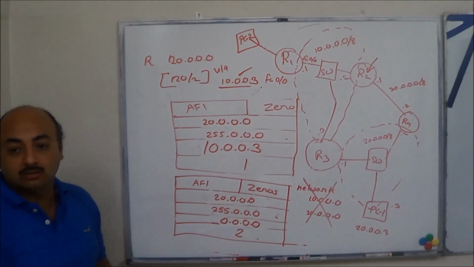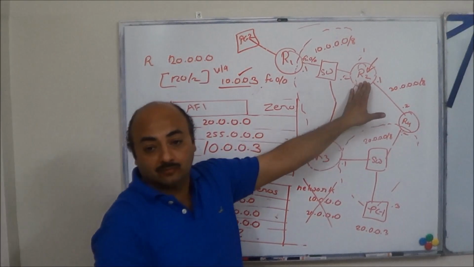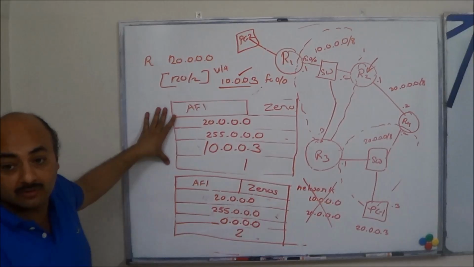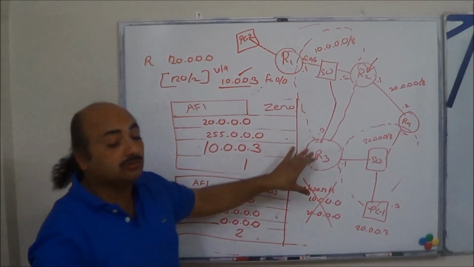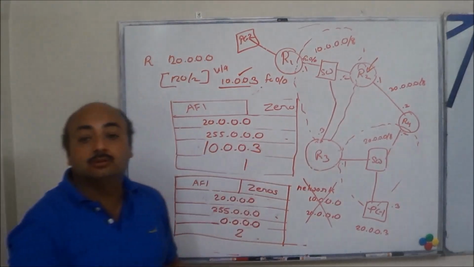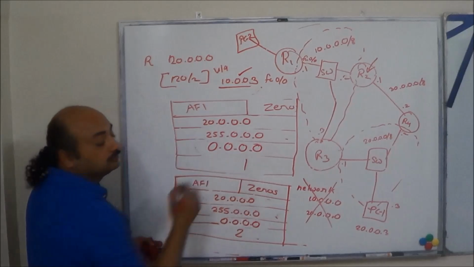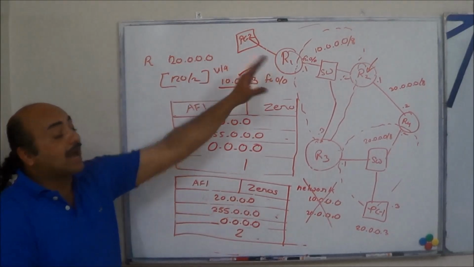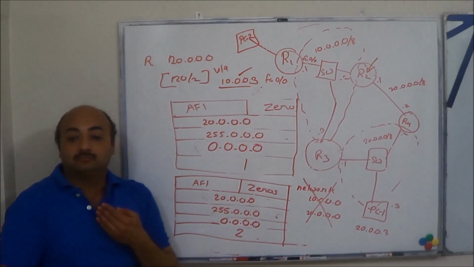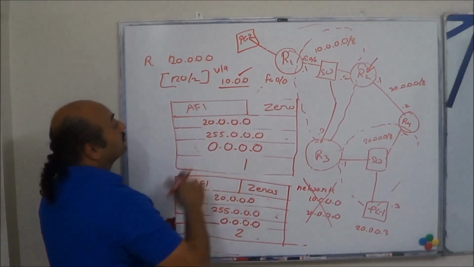On R2, who's receiving the update packet? R1. And who's sending it? R2. Why is R3 not sending? Because RIP is not configured. So now R2 is sending it. Before, when R2 was sending it with this value, R1 would say whatever the next hop is, it is exactly from where I am getting the update. And I am getting it from 10.0.0.2.